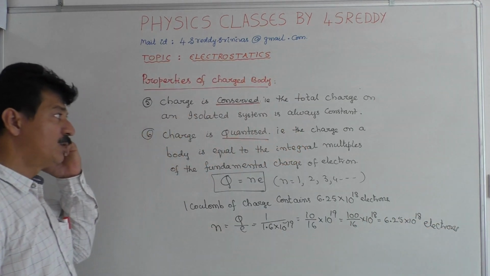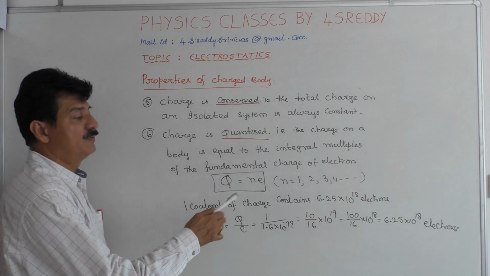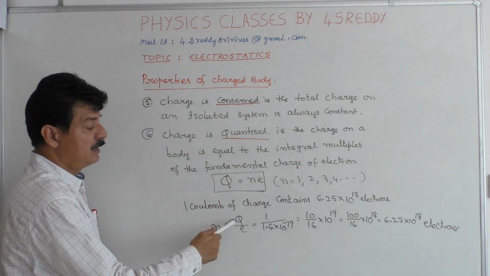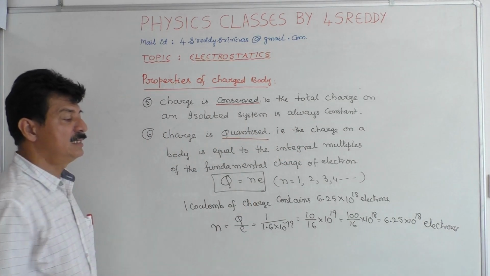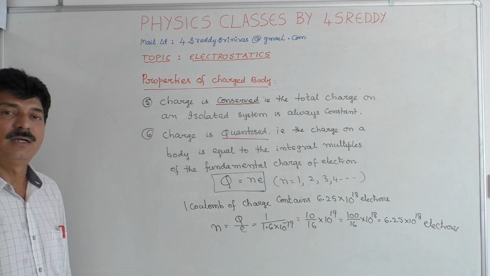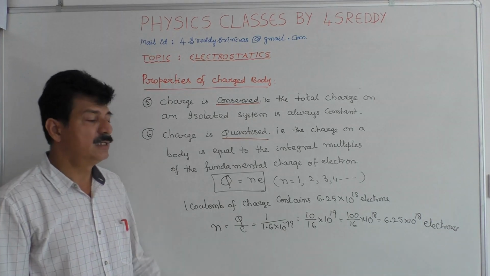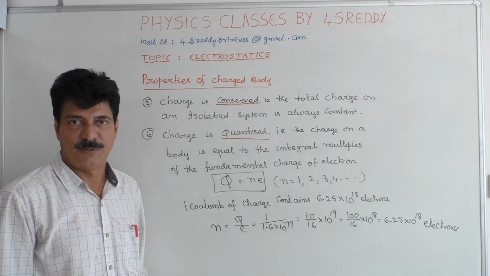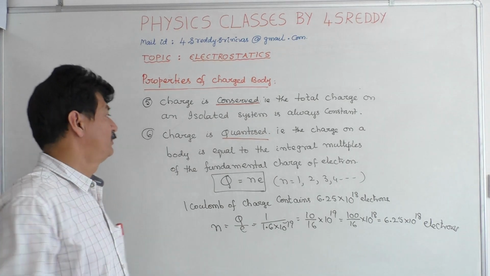So clear? So 1 Coulomb of charge contains 6.25 into 10 power 18 electrons. Here Q is 1 Coulomb, the charge is 1.6 into 10 power minus 19. These are the number of electrons present in 1 Coulomb of charge. And thereafter,